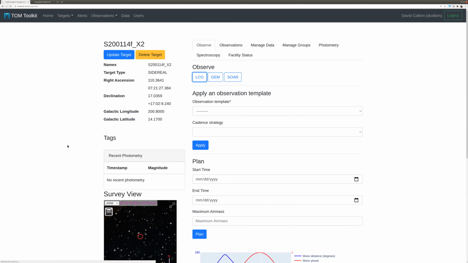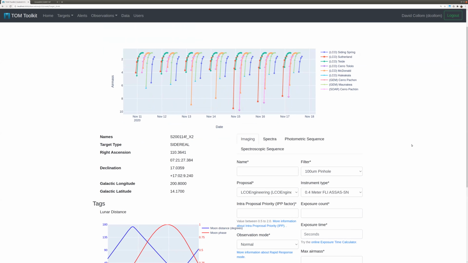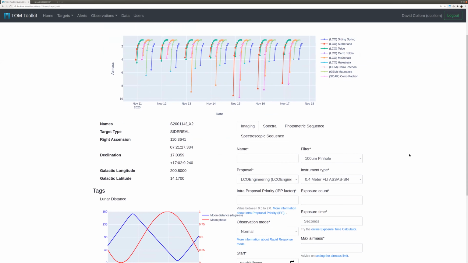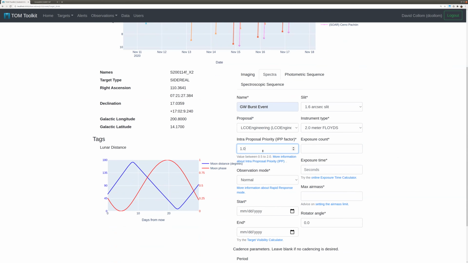So if we click on the LCO tab right up there, it should give you a site. So A, it's going to show you an observability plot of when the next time this is visible in the next few days. And it's going to give you the chance to, so if you click on spectra, we can submit a Floyd spectrum. We'll give it a name, the burst event, choose a slit. And with a few clicks,